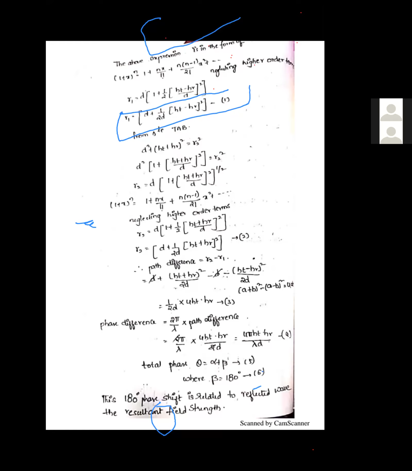Now, I have taken D square common here. 1 plus (HT plus HR) whole square by D square. Then I have taken